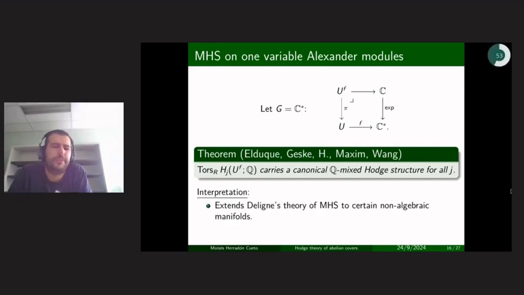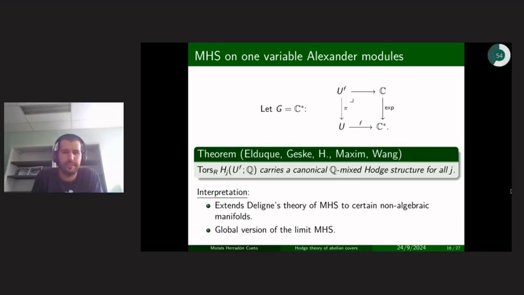One thing, so you could think of this theorem, so the cover is not algebraic. So you could think of this theorem as pushing the Lynch theory just a tiny bit into complex manifolds that are not algebraic. Or if you know what the limit mixed Hodge structure is, I think this is much more concrete, because it has a lot of properties that look just like the limit mixed Hodge structure. So I think it makes a lot of sense to think of this as some sort of global version, where the limit mixed Hodge structure would show up if you put a little ball instead of C in the place of C star, like I was doing earlier.